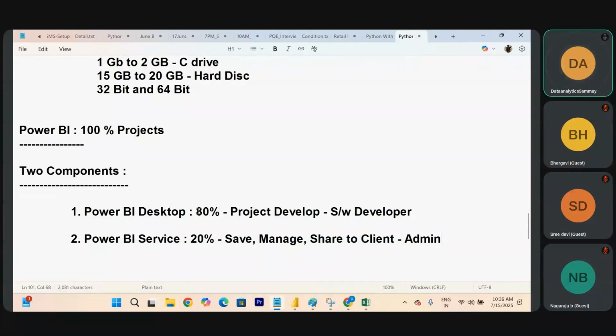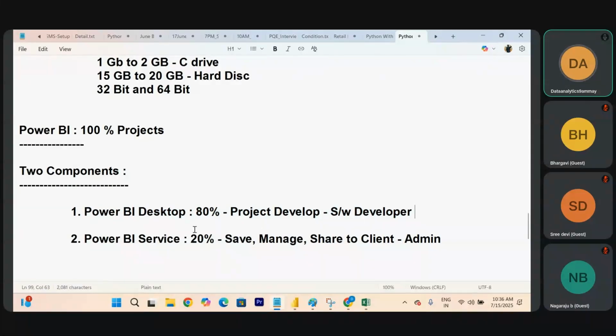After you complete your project, you can't share directly with the client. You have to give it to the admin, and the admin will share everything with the client. Perfect. So this remaining 20% of work is based on the admin. But who does your entire project? Power BI Desktop. Here, you are called a developer.